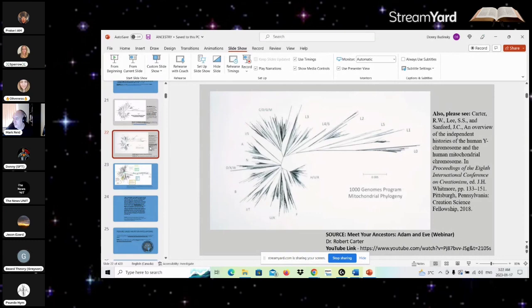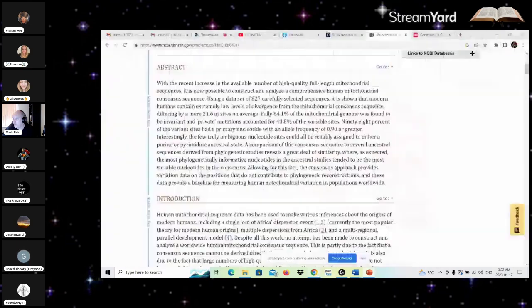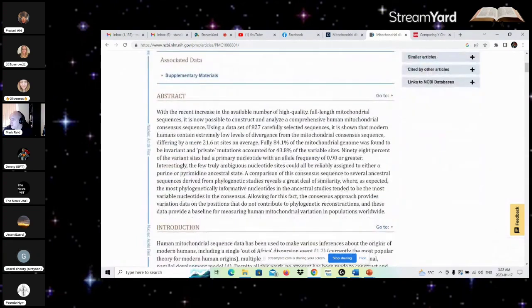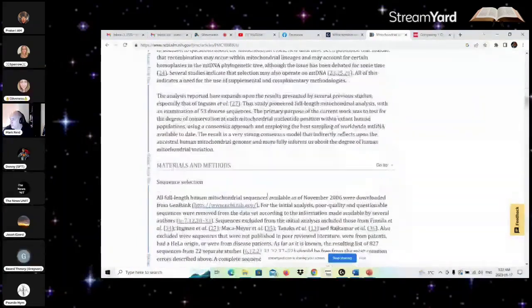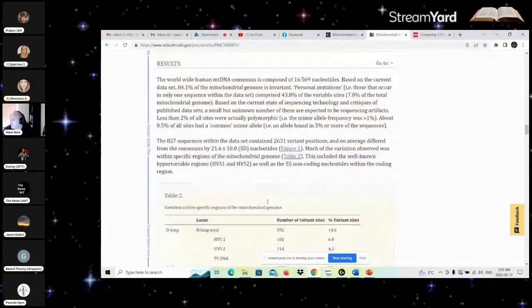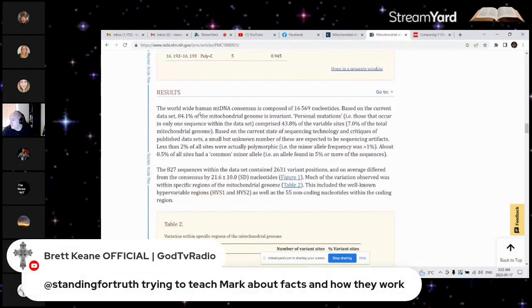Is your average consensus sequence including Neanderthal mitochondrial DNA? Because you would have to in your model, and I don't think that the paper includes Neanderthal mitochondrial DNA, which totally blows the Eve timeline out of the water. But in a creationist model, you would have to believe that Neanderthals came from Eve. So you have to include Neanderthal mitochondrial DNA in there as well.